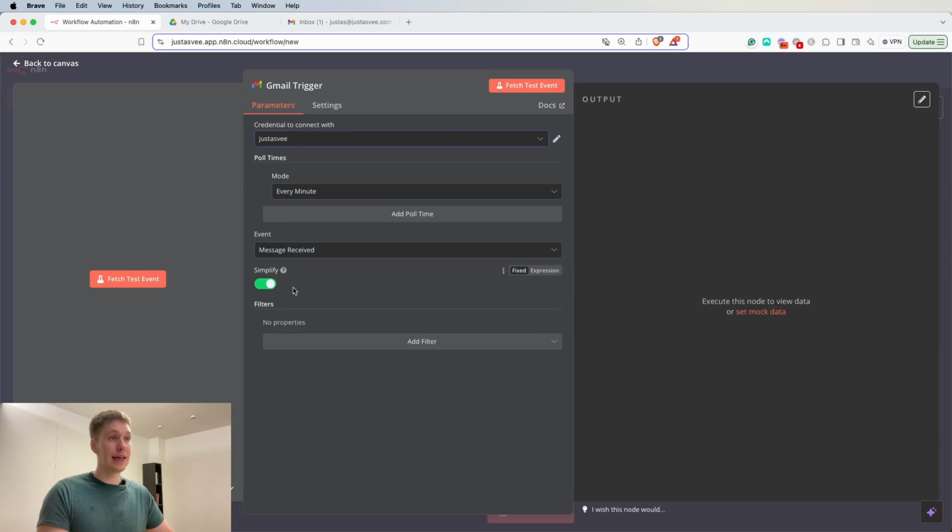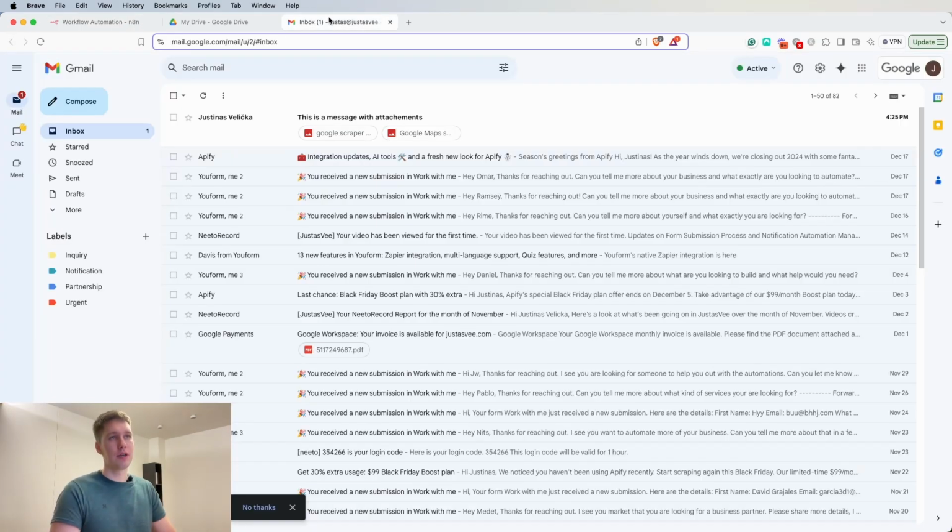Then the important thing is to uncheck simplify, because if we keep simplify checked, that means we're not going to be able to download attachments. So when you click simplify and it's enabled, there are no other options. You uncheck it and you have an option to download attachments. So just enable this. And for example, if I go to my Gmail, you can see that I already have